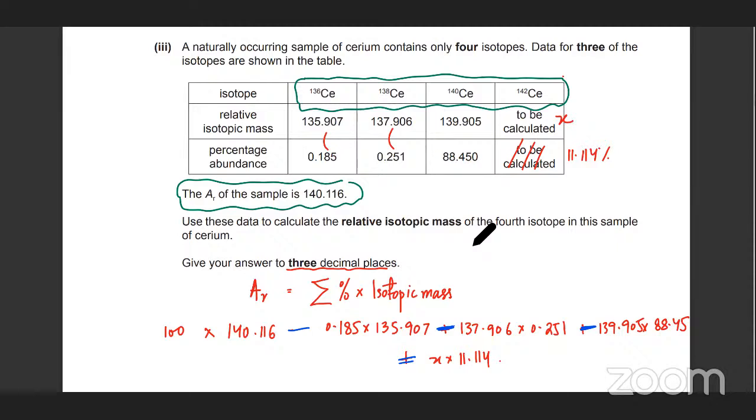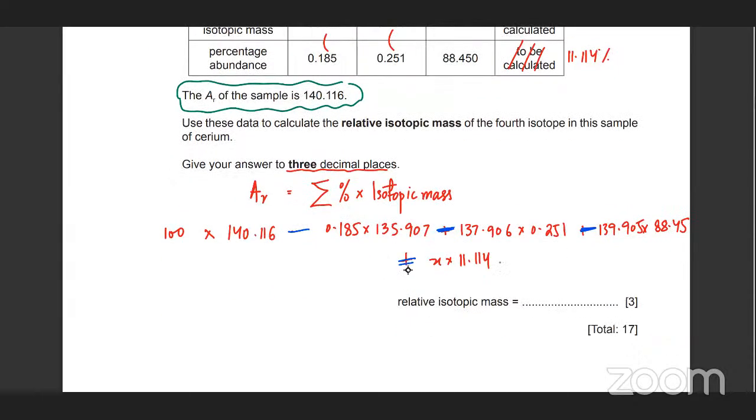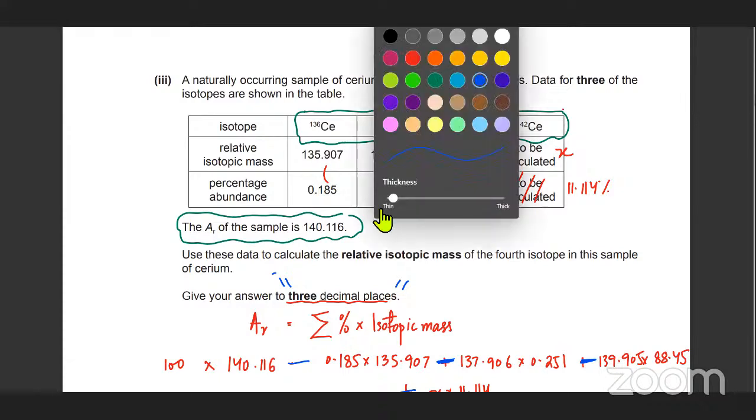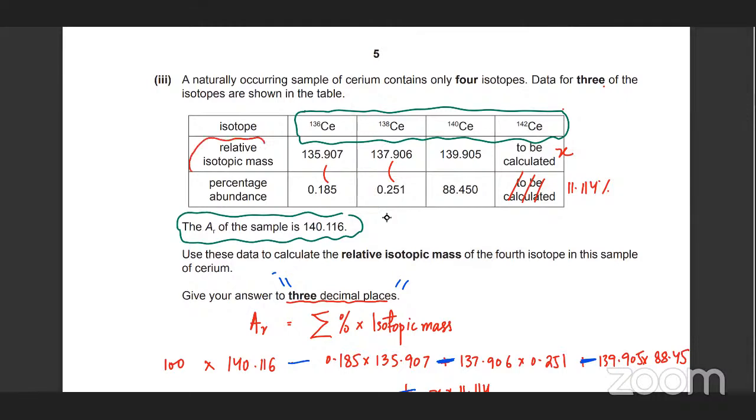140.8. 140.9 is the answer. The 3 decimal places tak karna hai. What is 3 decimal? 141. 3 decimal places. So 140.882. Okay, so you're getting 140.882. And again, remember one very important thing, and that is, when it comes to the isotopic mass, I said remember the difference between the nuclear number